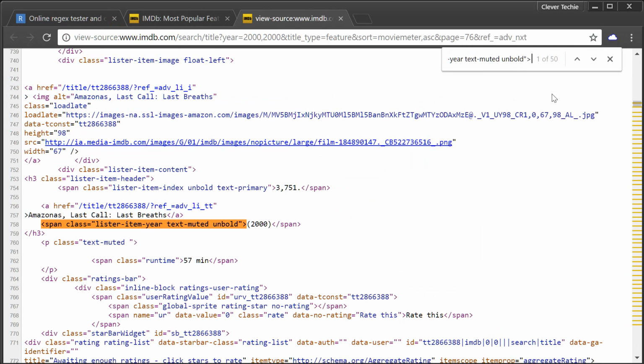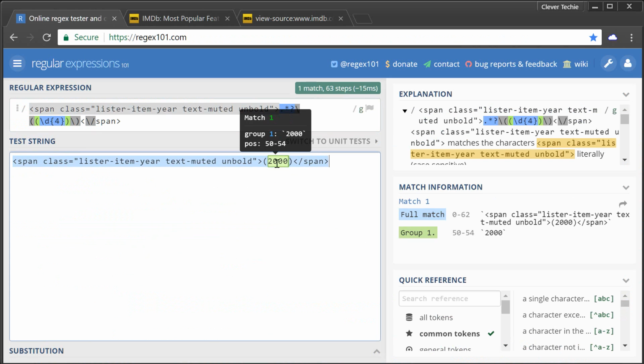I'm going to go to search, and once again it's matching 50 elements, which means it's a reliable way to match the year name from the source code. And this is a really easy one because this is the HTML. It's always going to be the same, and the year is inside of the round brackets inside of the span tag. So I'm going to copy this text, and as you can see, it's matching the year